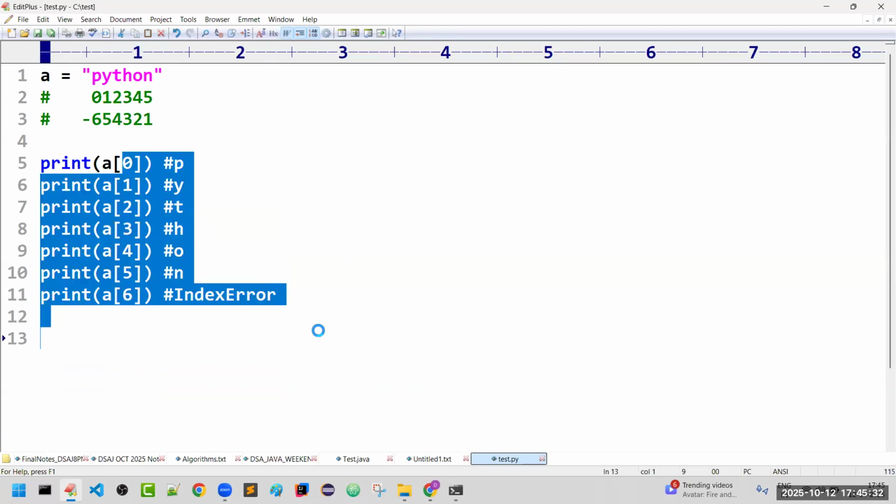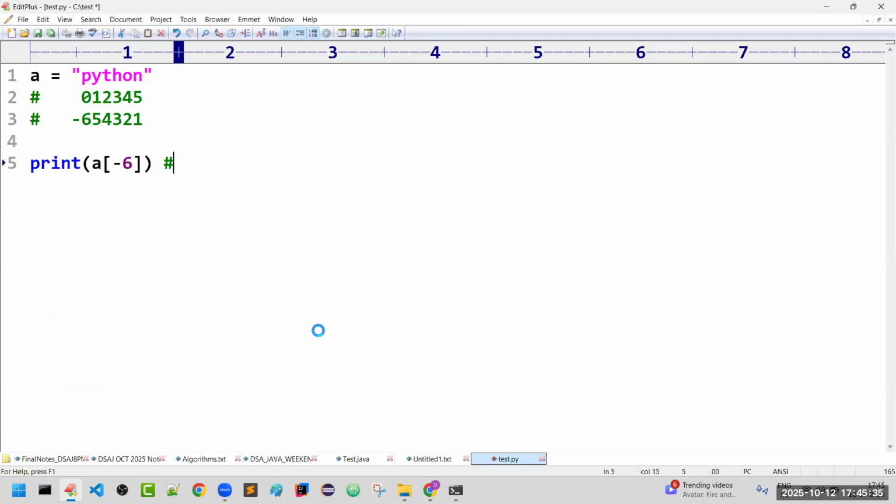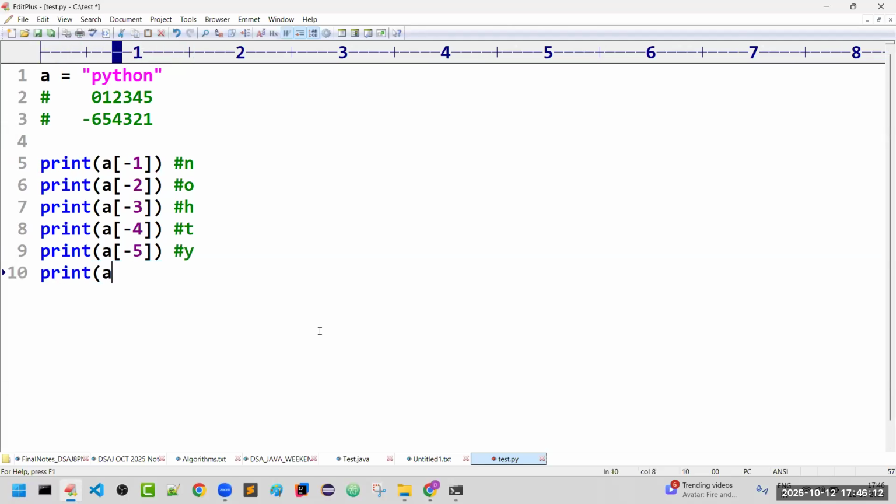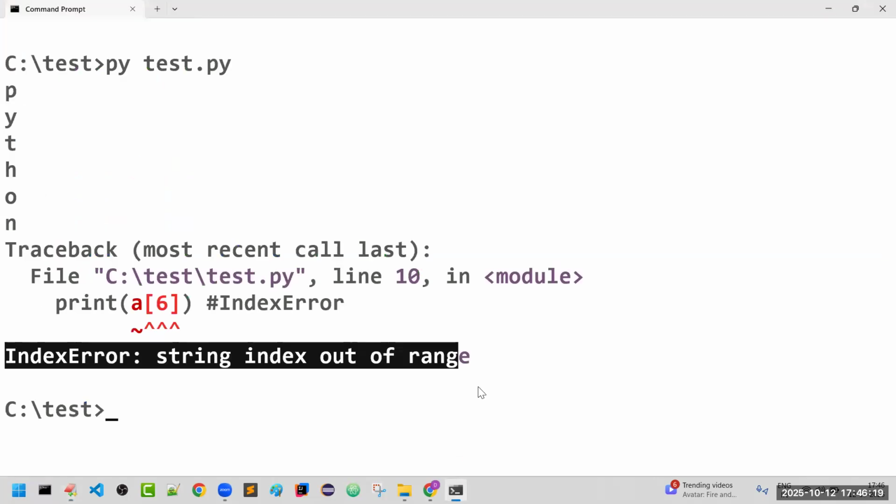If you print A of -1, the last location character, N, is printed. A of -2 gives O, A of -3 gives H, A of -4 gives T, A of -5 gives Y, and A of -6 gives P. It prints in the reverse direction.